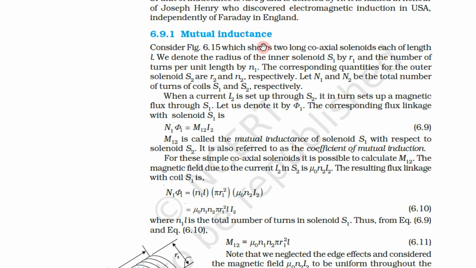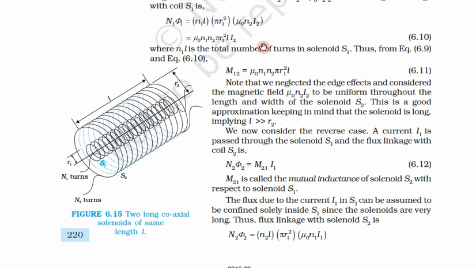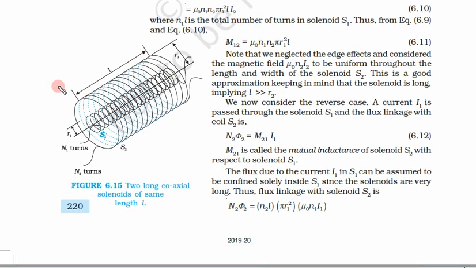So how can current in a coil generate current in another coil? Let us see the figure first. So we have this figure. This is the length of the coil or solenoid. We have two coils. This is the first coil inside, and outside we have a bigger coil. Two coils are with the same center; the center for the bigger coil is also the same as for the smaller coil.